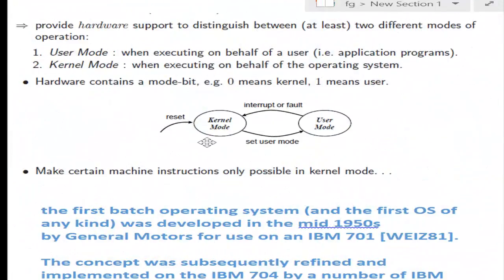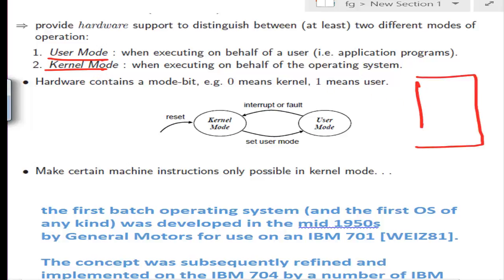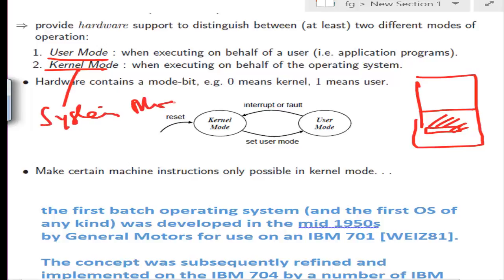Okay, now we have got the two modes which we just talked about. One is the user mode and one is the kernel mode. You can be a user. If you are a user, you're allowed to execute only those instructions which are in the user area. And there are some special or privileged instructions in the user area also, which can't be executed by the user. So you need to be in a system mode or in a